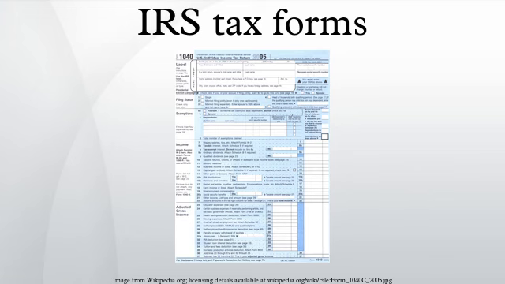RRB-1042-S, payments by the Railroad Retirement Board to non-resident aliens. 5498 series: Form 5498, IRA contribution information. Form 5498-ESA, Coverdell ESA contribution information. Form 5498-SA, HSA, Archer MSA, or Medicare Advantage MSA information. W series: W-2. The Form W-2, wage and tax statement, is used to report wages paid